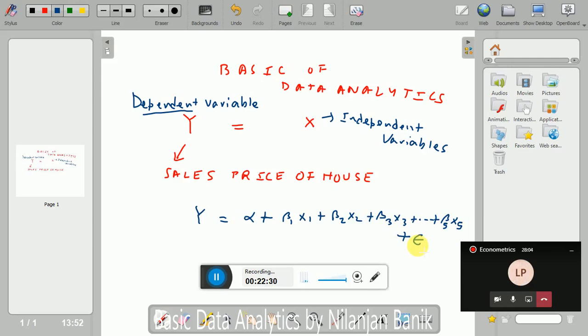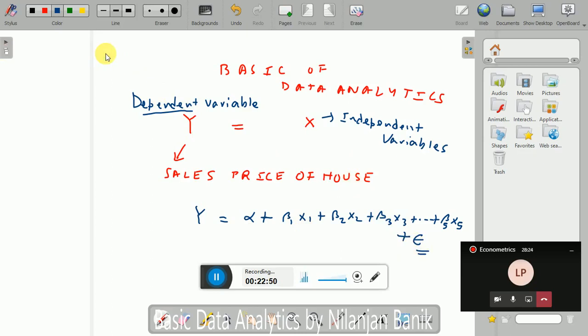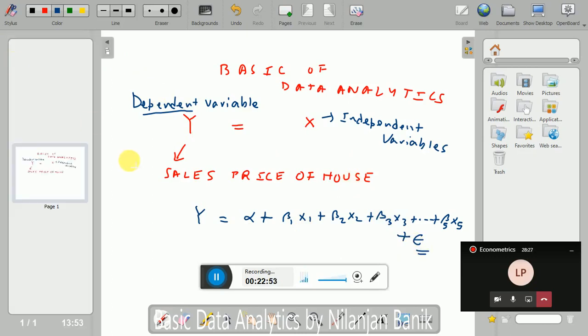So as you can see, my dependent variable, which is the price of the house, depends upon sets of independent variables. And what I said in the previous class, why do you think that we have considered this error? Because there can be other factors in addition to what we just discussed. For instance, we have taken only these 5 variables, but there can be other variables. For instance, the locality. If you go and stay in Europe for some point of time, you will find that the price of the house is dependent on which side of the road that house is located.